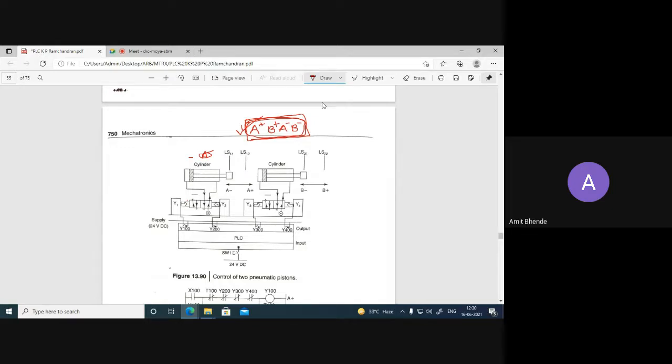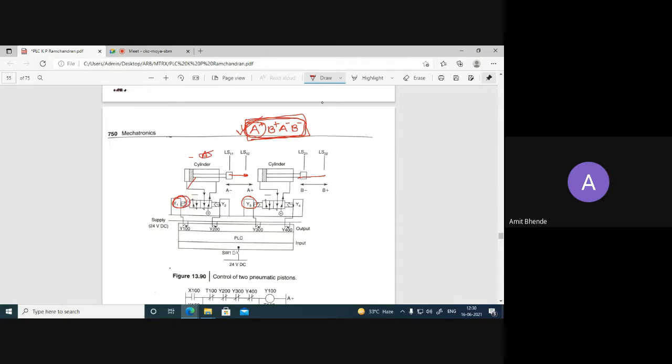and for extension of cylinder A, this Y1 should be energized. For extension of cylinder B, this Y3 should be energized, because we want extension of A first, A plus. That means Y1 should be energized first.